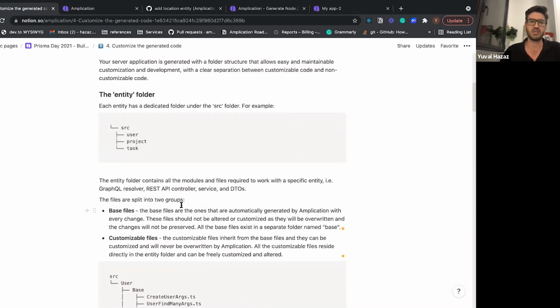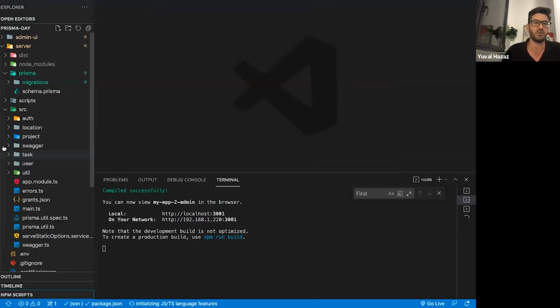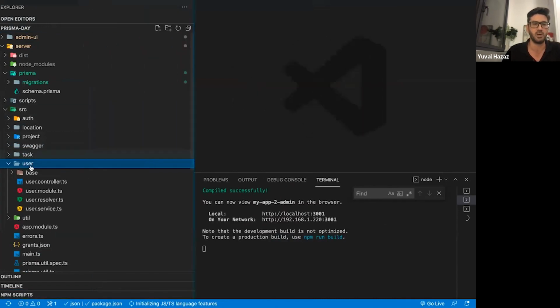So the base files are the ones that are automatically generated by the application with every change. These files should not be altered or customized, as they will be overwritten and the changes will not be preserved. Remember that if you want to add custom code, do not do that in the base folder. So if we go here and look at the user folder, for example, we can see that we have